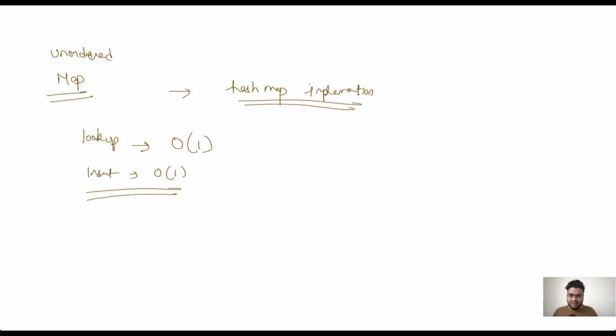It uses the hash map implementation, so all the key properties are done in O of one. We can define it just like this: unordered map, and give it a key and value. So that's basically unordered map for us. Now let us look at the code implementation of all three of them.